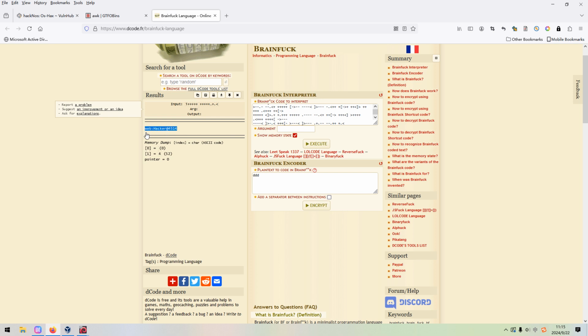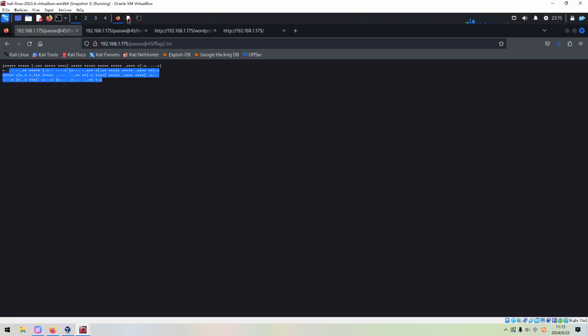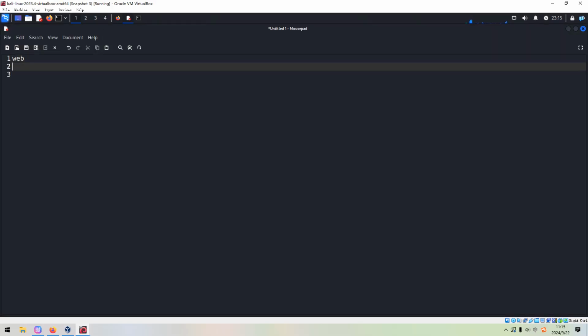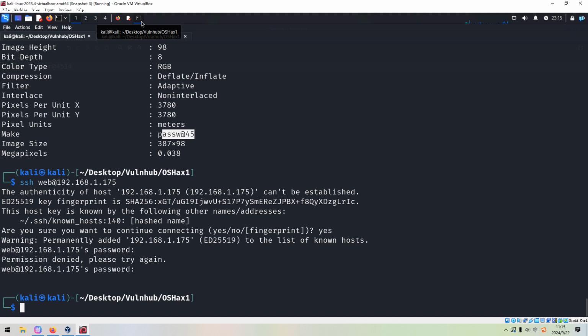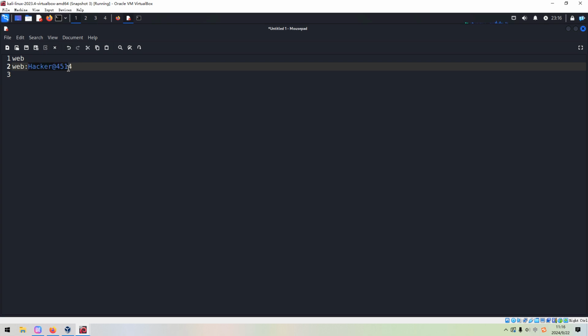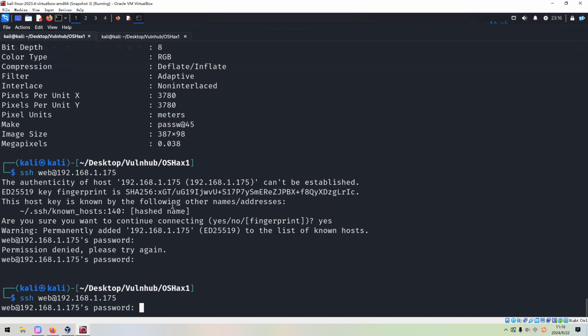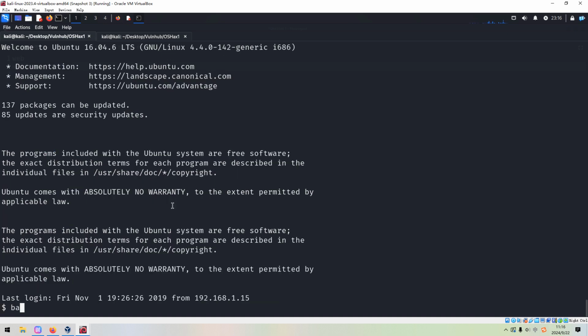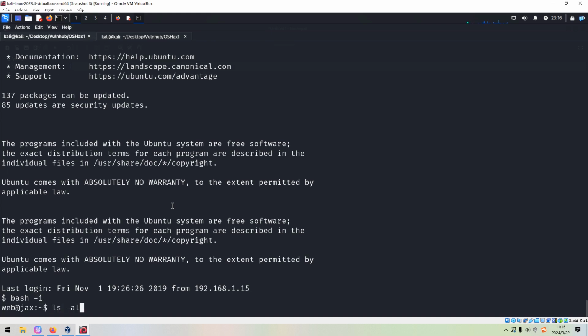We can copy and put them over here. Next, we can SSH to the target again and use this password instead. We can copy and paste it in here. It does work, right? And we can spawn a bash session, which looks better.